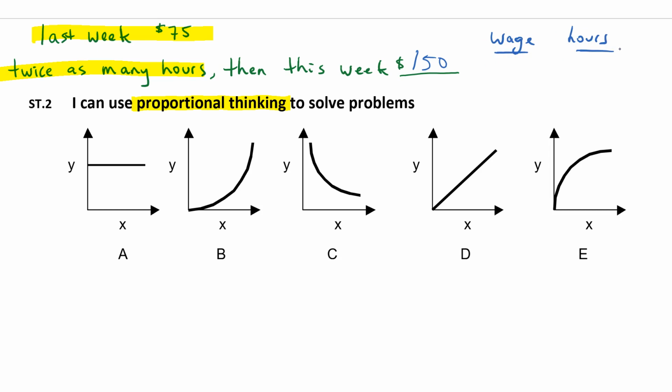The one that would probably fit this best would be D, where you'd say this would be the number of hours you work, and this would be your wage, right? And if we double one, the other one doubles. So mathematically, we could call this one y is equal to kx, or if we're talking in terms of proportional, we could say y is